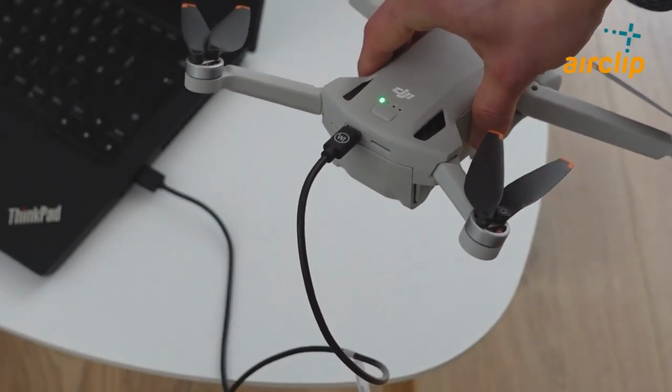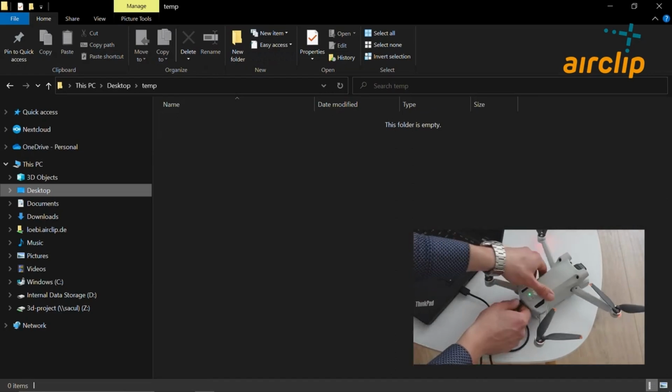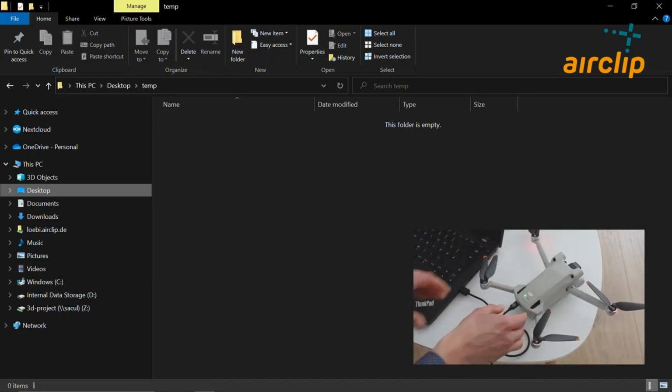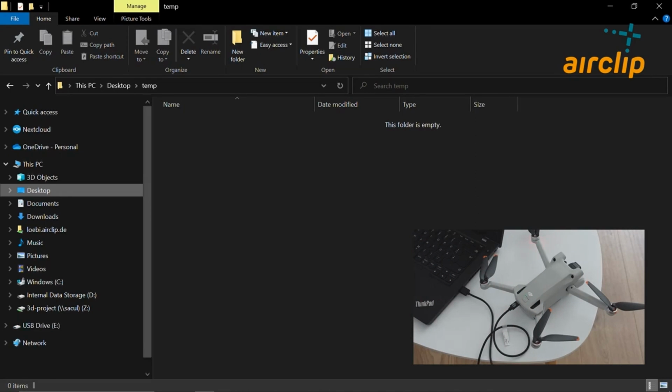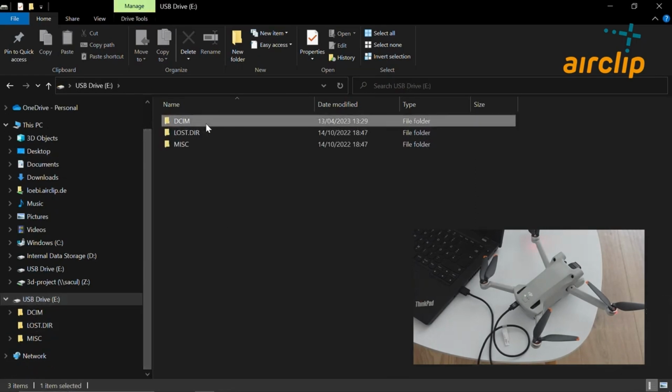So please keep in mind that the drone has to be switched on. Then let's have a look on the PC. Here we are. And then we should see our drone as an external USB drive, in my case the E drive.